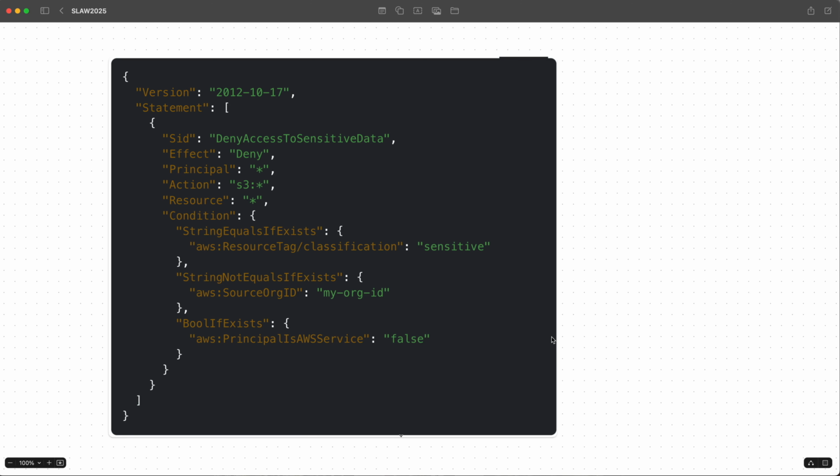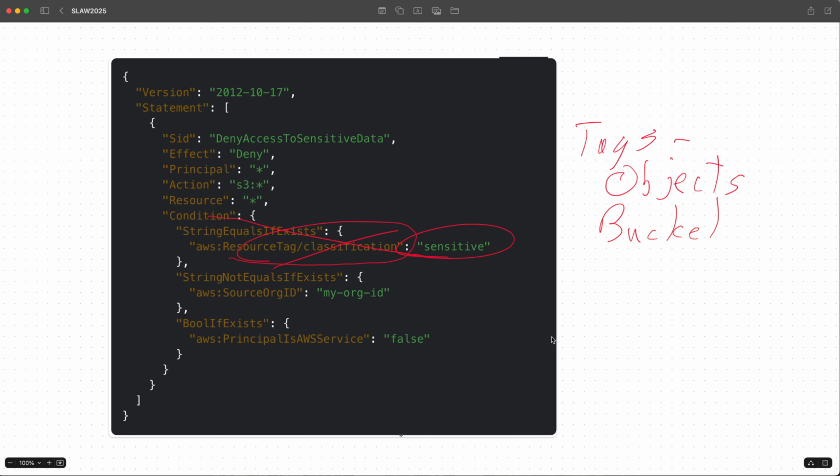So let's go ahead and pull up the JSON again. And this is something that I knew, but I kind of had forgotten about. And if you think about it, if you recall, our objective was that we wanted to restrict buckets within our organization, restrict buckets that were tagged this particular way so they could only be accessed from within our organization. Well, that doesn't work because when you go look at tags, tags will work for objects in S3, but not for buckets. Oh, you can apply the tag to a bucket, but you're not able to actually do the assessment